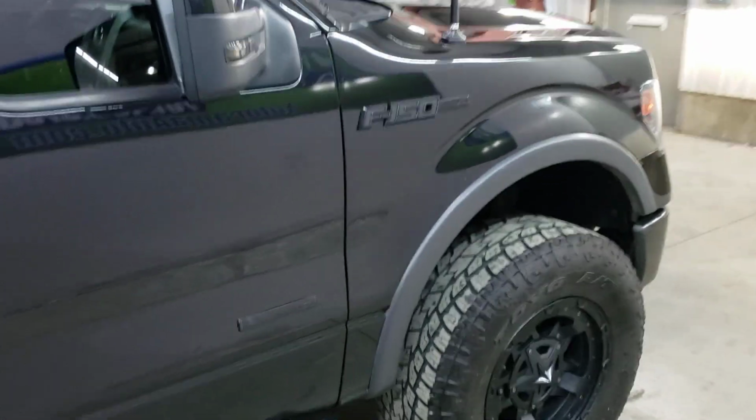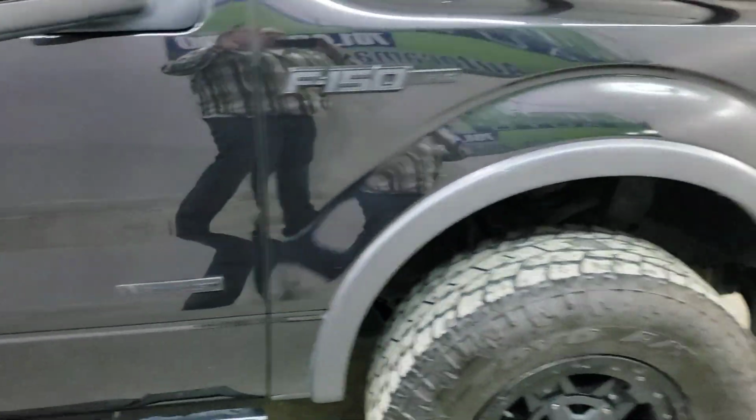This is a real head turner. It's all murdered out. Look at the emblems. You saw the custom lights,